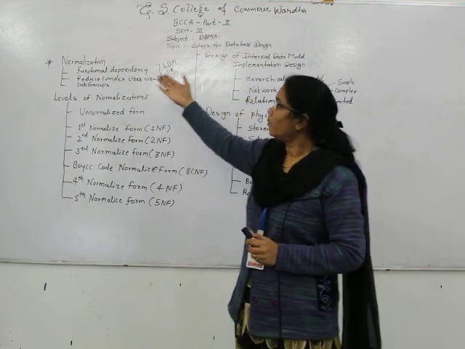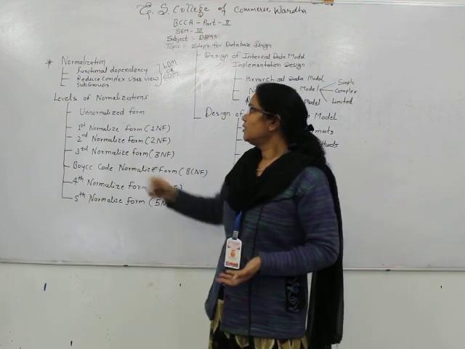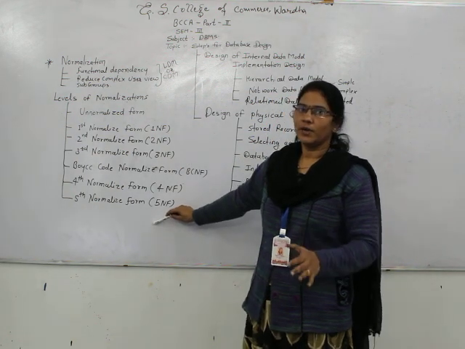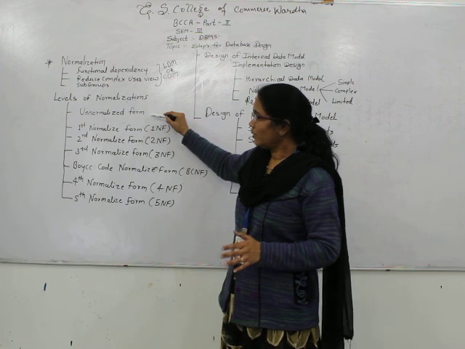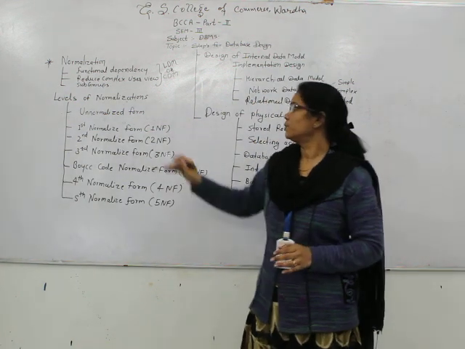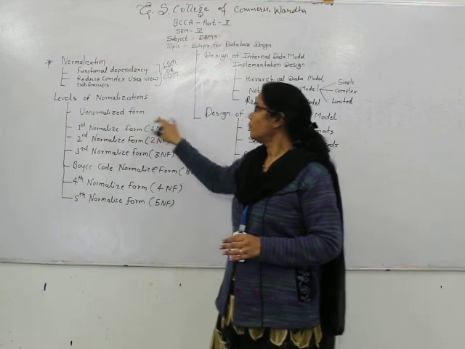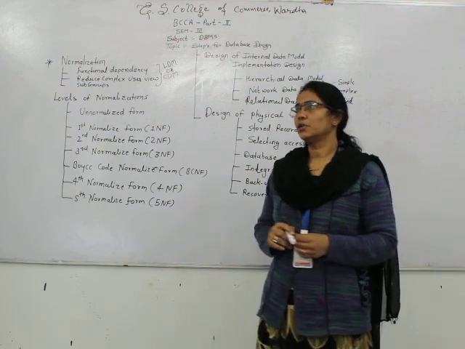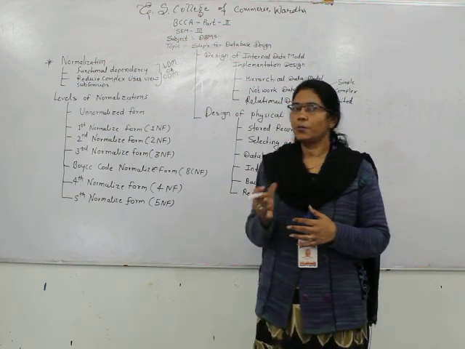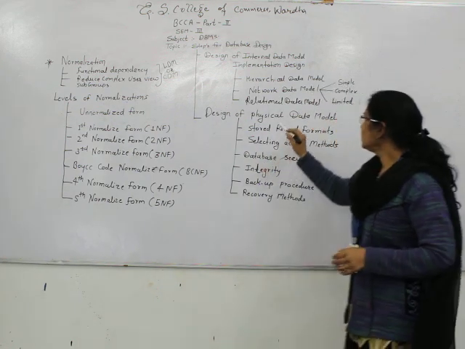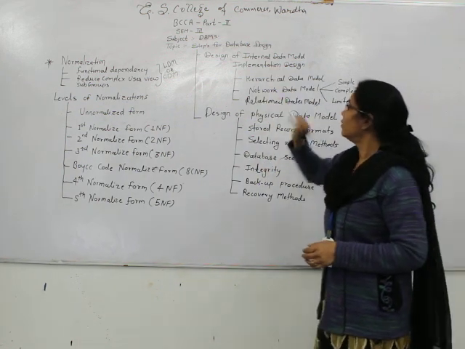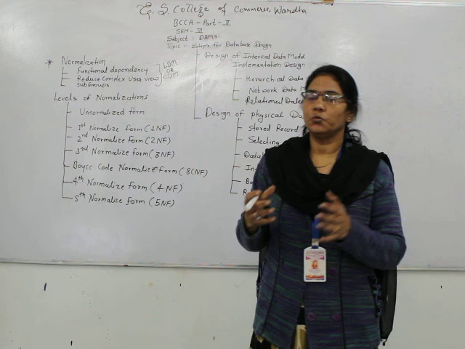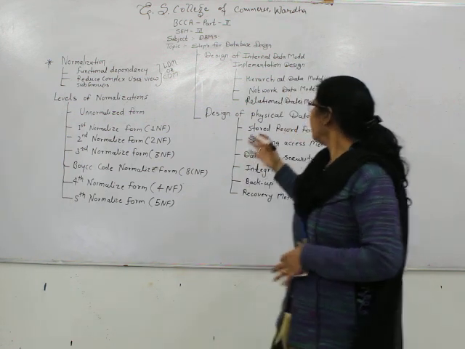So we have to provide the normalization. How many levels are provided by normalization? Those are the levels of normalization. We normalize our entities, our database, starting with the unnormalized form. What is the unnormalized form? The unnormalized form has all the properties of the relation. Relation is the third structure of the internal data model, that is, the relational data model, which we nowadays use for creating our databases.